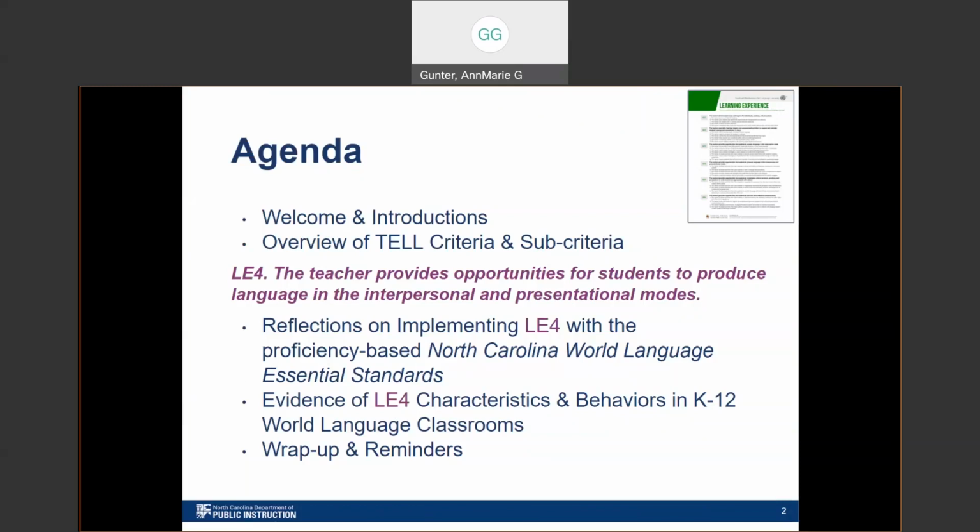After that, we'll have some reflections on implementing LE4 with our proficiency-based North Carolina World Language Essential Standards, specifically with a couple of guest speakers who will be joining us today. Then we'll talk about evidence of LE4 characteristics and behaviors in K-12 World Language classrooms. Finally, we'll do a brief wrap-up and share some reminders for the day.